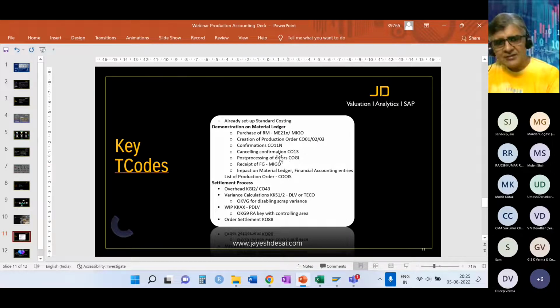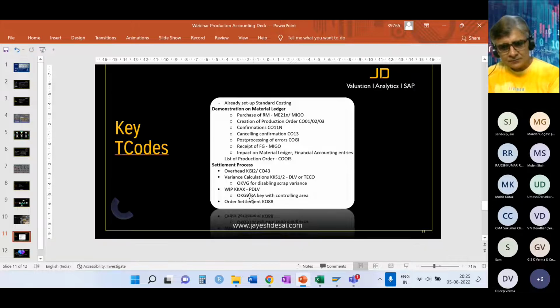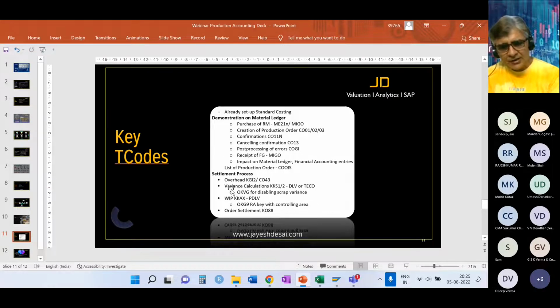And if there are some errors, then I can use COGI. We did not come across any error, fortunately. And then receipt of finished goods. So we have done till this stage. We have seen the impact on the material ledger and the financial accounting entries. Now we will have to look at the variance calculation, WIP, and order settlement.